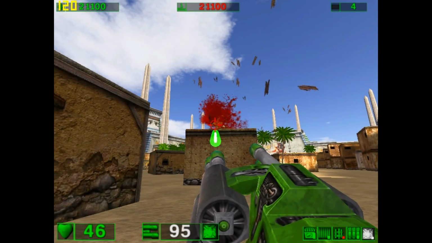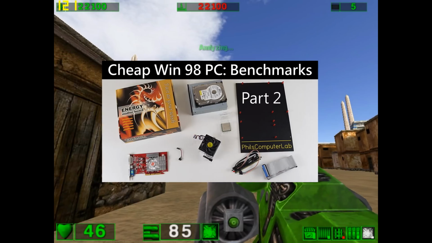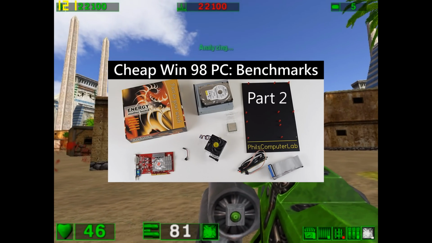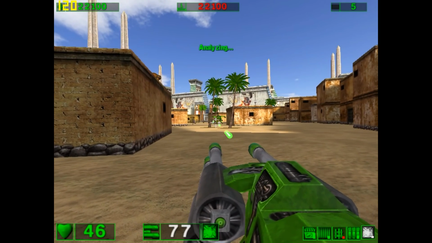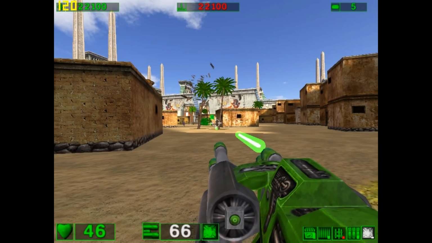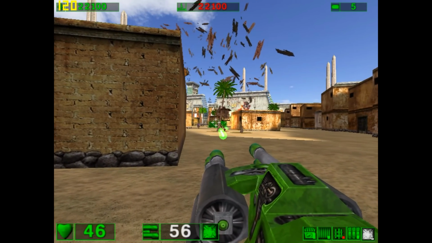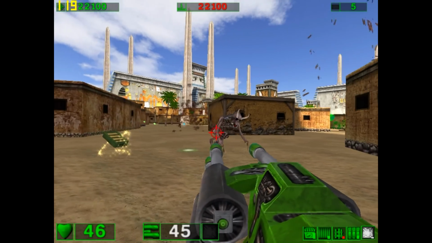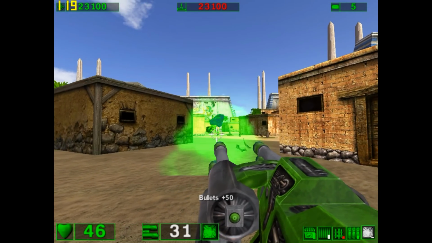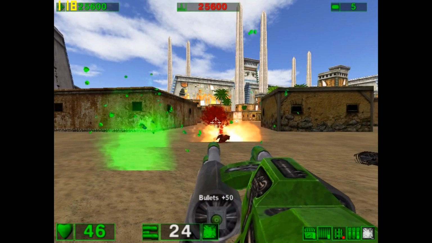Today we are checking out our bargain Windows 98 gaming PC that we put together in the last two videos. We went shopping for the parts, then we put it all together and we had an in-depth look at the BIOS, the drivers and how the performance stacks up with some benchmarks. In this video it's all about the games. I've got a couple of games lined up from 1996 all the way to 2001, so let's see what this